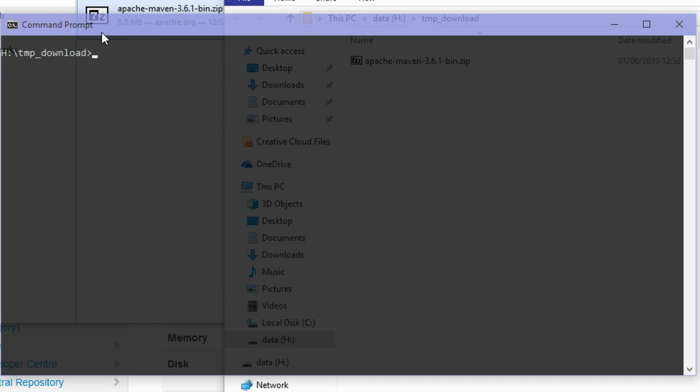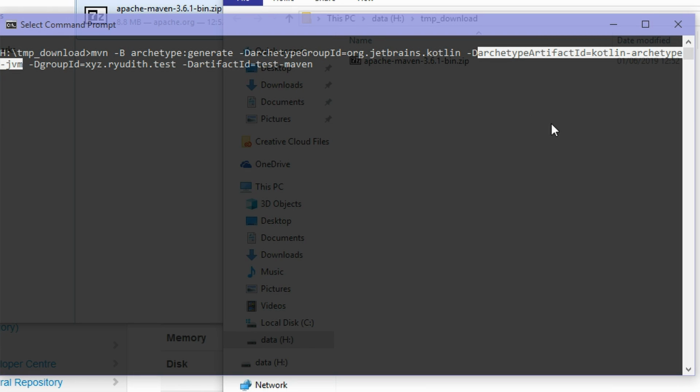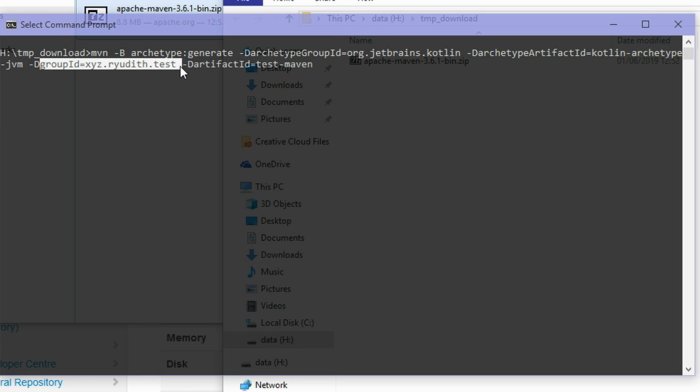After that, type the Maven generate command, and please note the archetypeGroupId value must be org.jetbrains.kotlin, and the archetypeArtifactId value must be kotlin-archetype-jvm. For group ID, you can type anything you want, usually a reverse domain name, and I suggest you not use